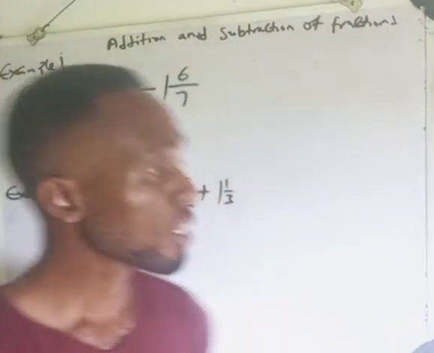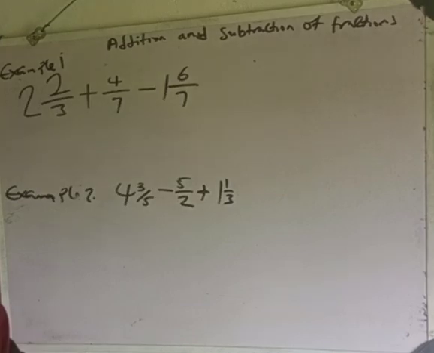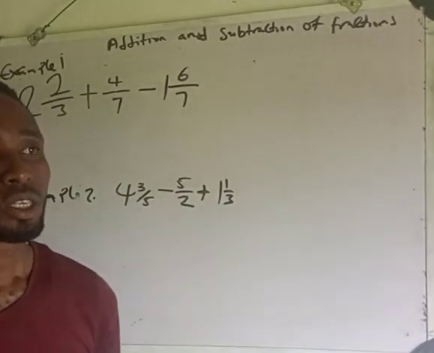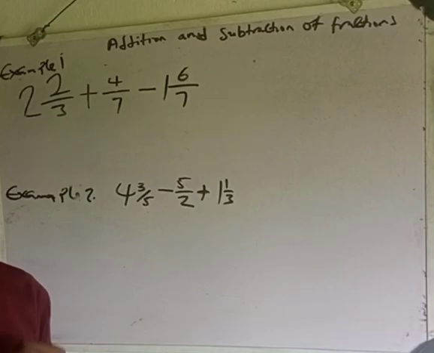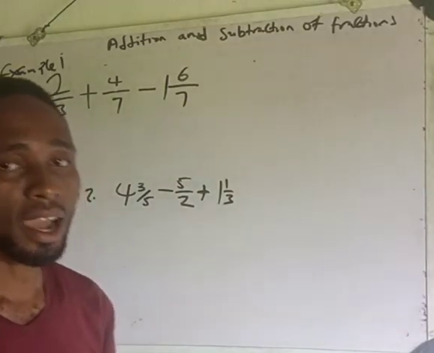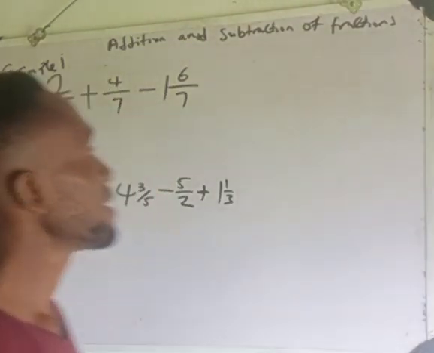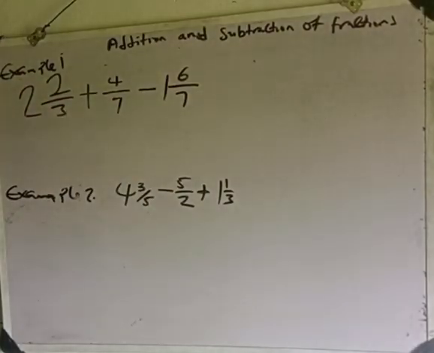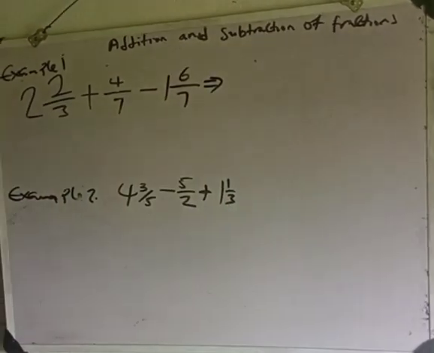The first thing is that you have to change the mixed numbers to improper fractions. The second thing you have to do is bring together the fractions using their LCM, the LCM of the denominators. And the third thing you have to do is simplify the fractions. So if we apply those 3 steps for the first one, let's change this to the improper fraction